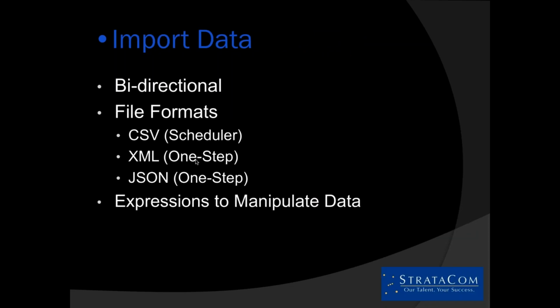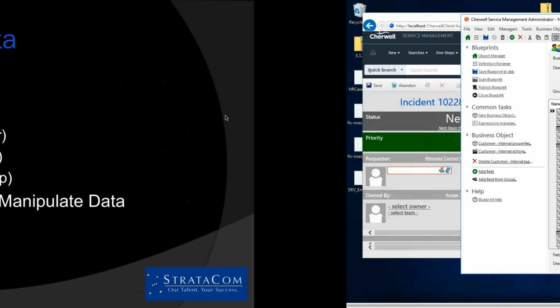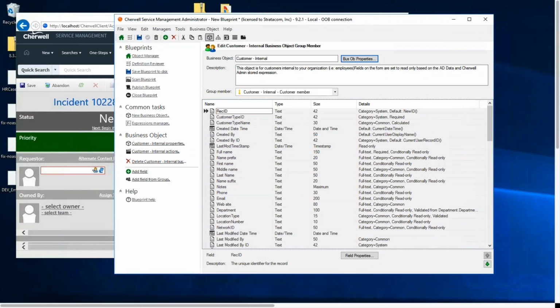Okay, importing data. I have it marked as bidirectional, but the caveat there is whether we're talking about a CSV file or XML or JSON. Or I shouldn't say file, they're structures, formats. So for the import, that can be,